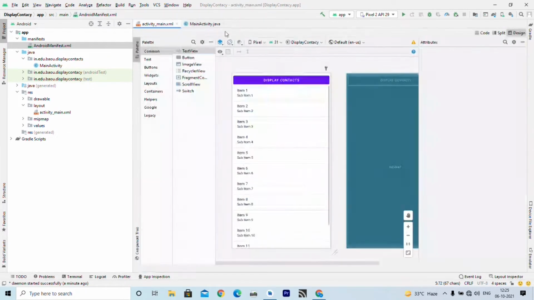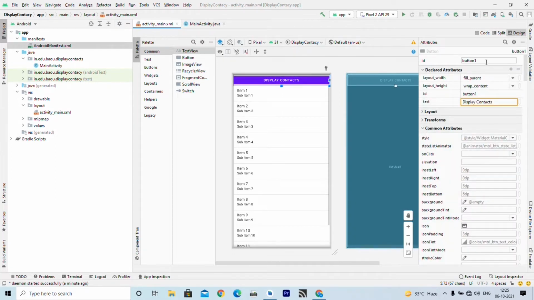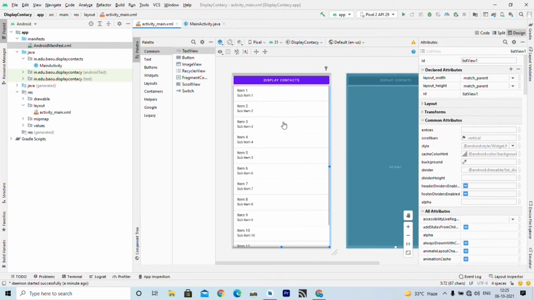Now, let us understand our interface. Our interface is very simple. It has only two controls. The first control is a button with ID button1, which you can see from the attributes window, and we have one list view with ID listView1.